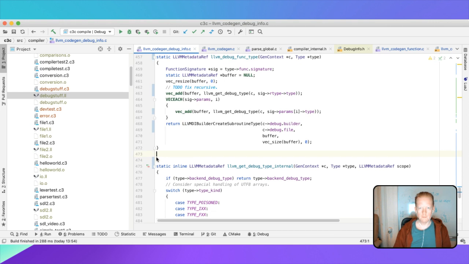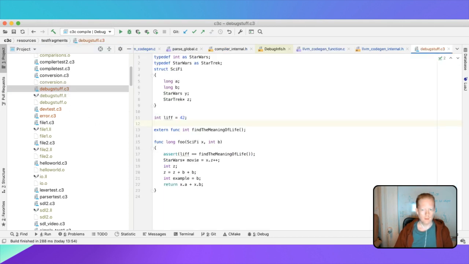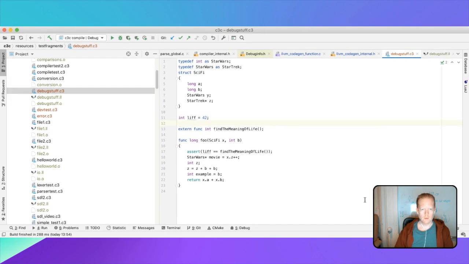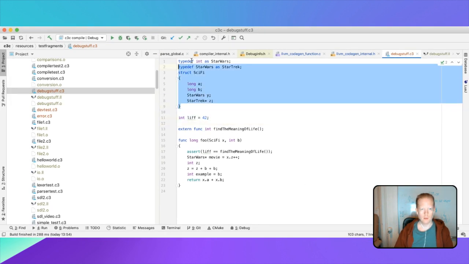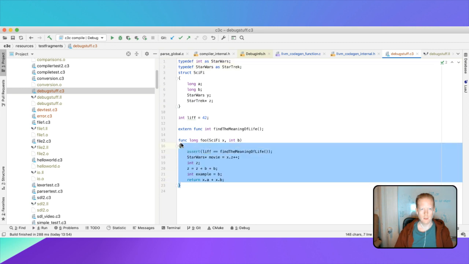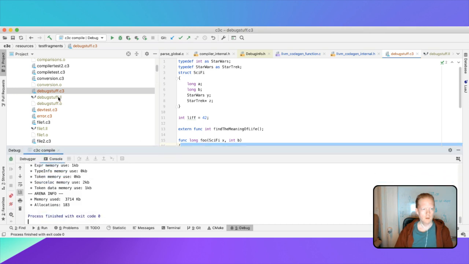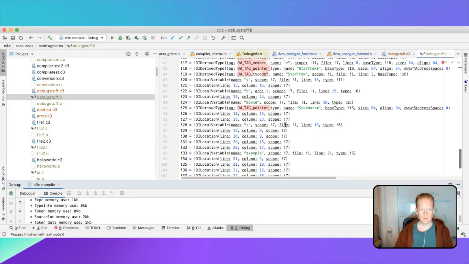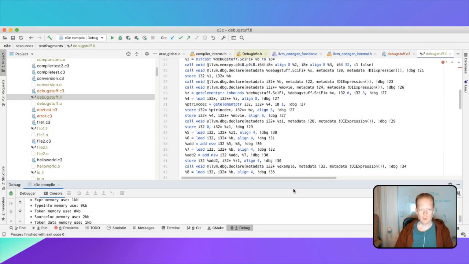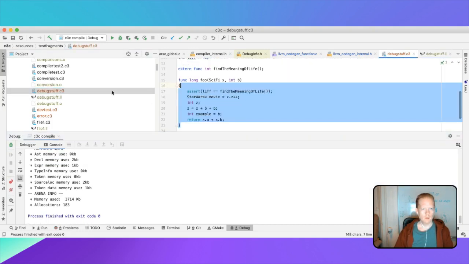Let's start here. So what I've been doing lately is adding the debug info. So if I have something like this, we have a bunch of things. We have the globals, we have the structs, we have a few typedefs, we have a function, and we compile that, and we're just going to have a look at the debug info from that one, and it is chock full of stuff, and it seems to work. I will do a